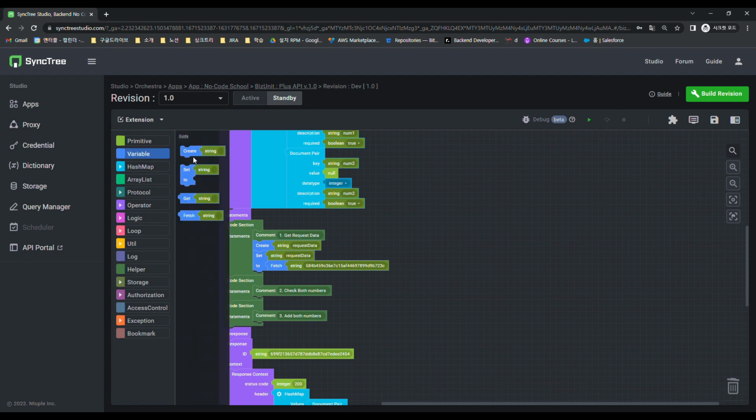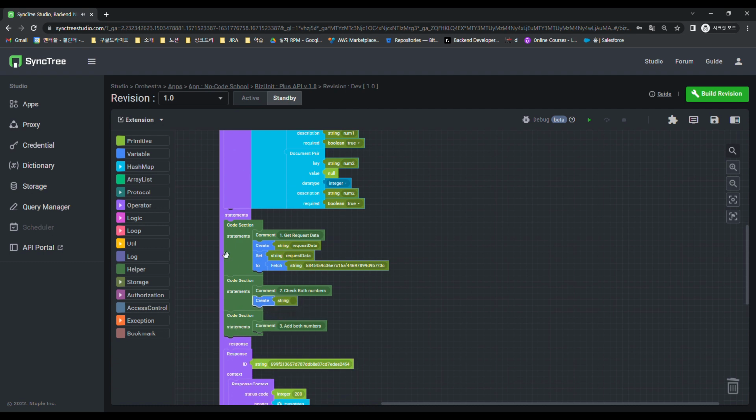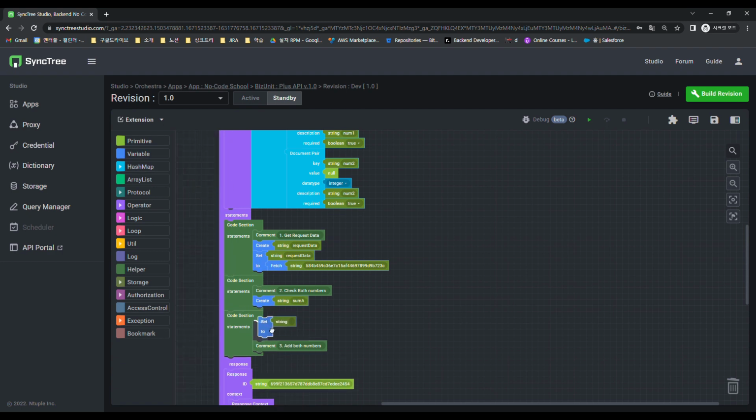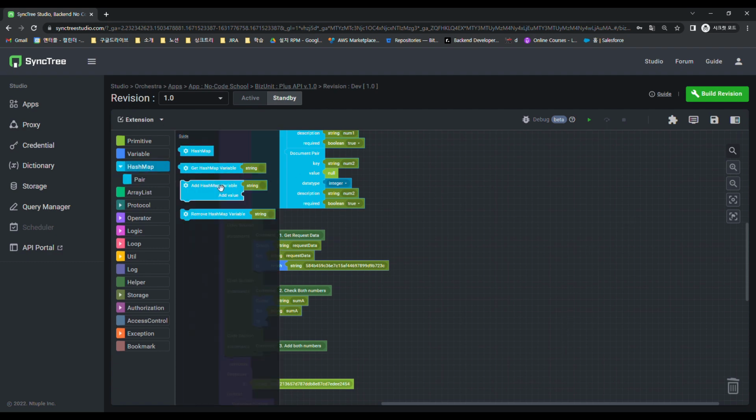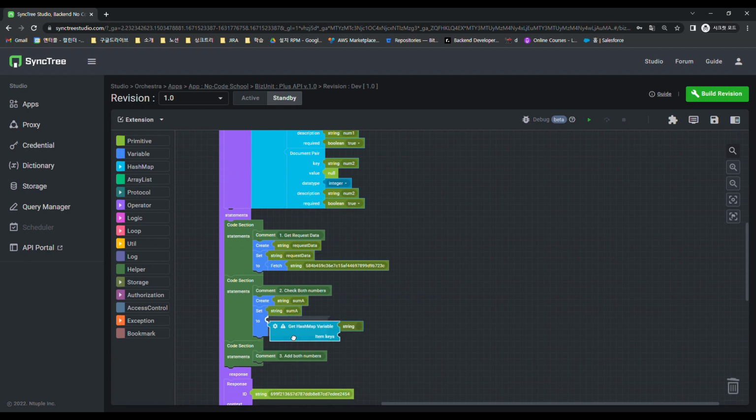The second is the block that extracts numbers from the variable request data. The extracted numbers should also be included in variables, so let's start with the variable declaration. And this time, let's use the getHashMap variable block. This is a block that retrieves values from the hashmap data structure through the key.